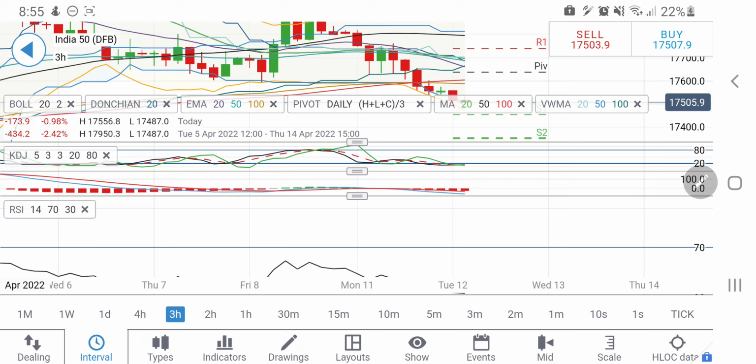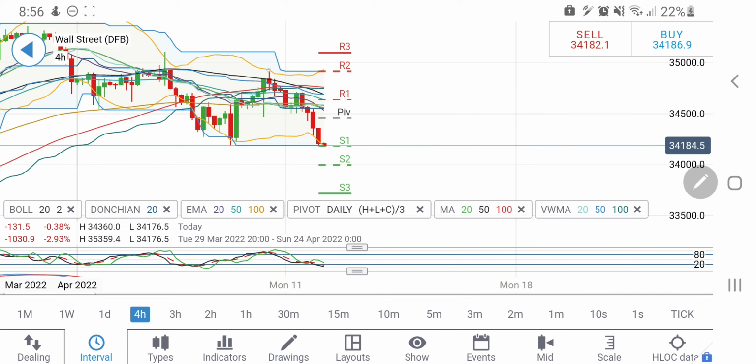So in sum, don't trade between 17450 and 17550. Above 17550 the nearest resistance is at 17600, and then beyond 17600 you can expect 17700 directly. Below 17450 the target is 17380, 17350, which is going to be a fairly strong support, and below that we may see a stronger fall. So take your positions accordingly. Now let's have a look at US 30.